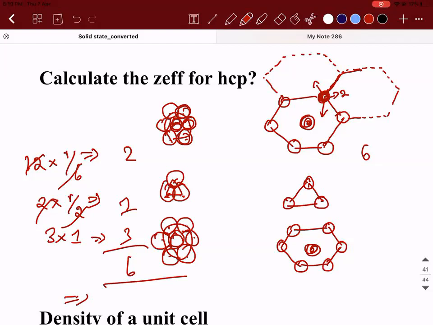And that 3, no, there are 3 particles present inside, like the body centered. One is present in between. What happened? It will be shared only to that unit cell. So this is shared only to this unit cell, 3 into 1. Clear?